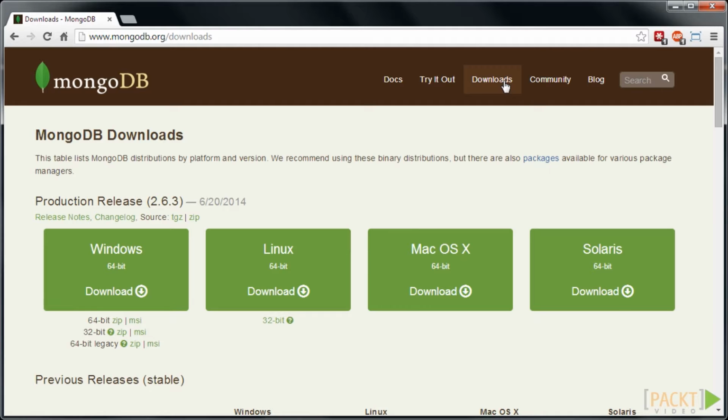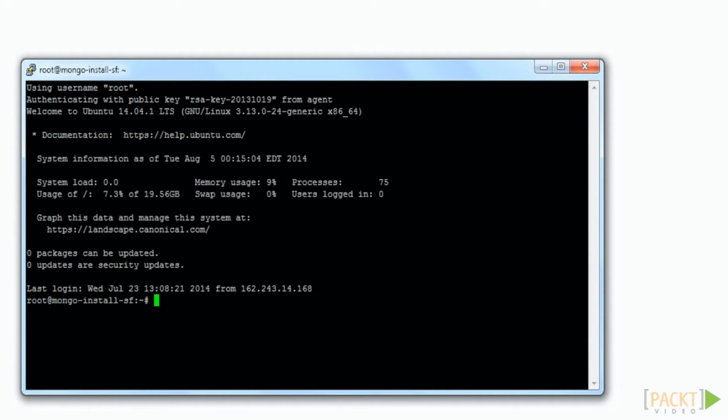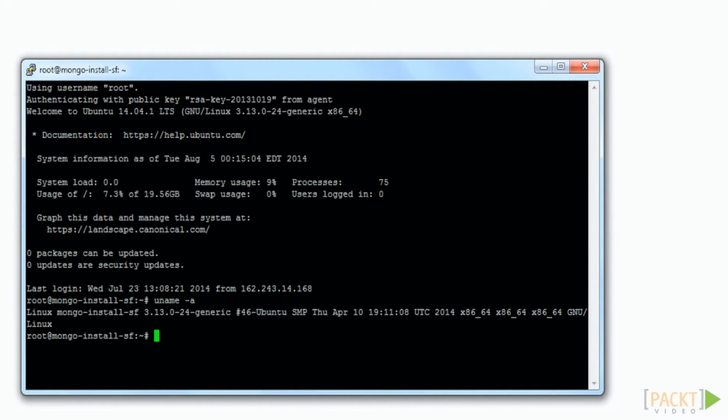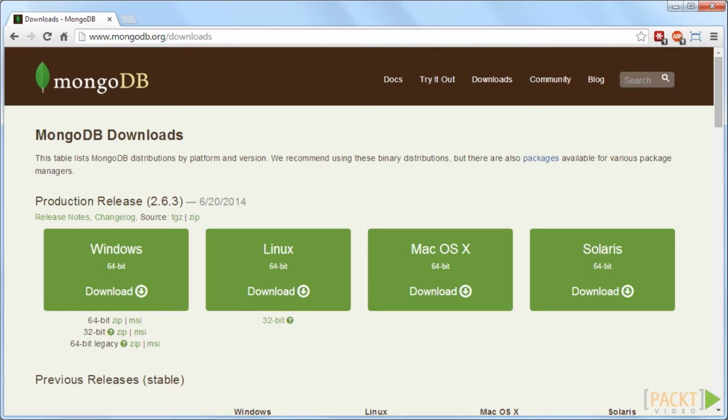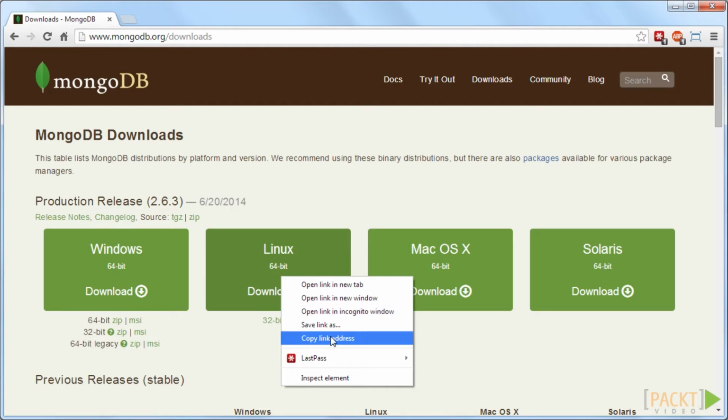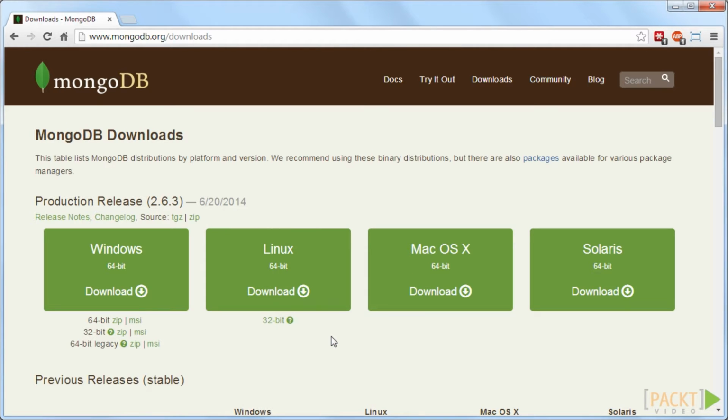It's easy to find out whether you have a 32 or 64-bit operating system installed. On Linux, the uname command with the -a argument will output how many bits your operating system is. You can see here that we're running on a 64-bit operating system. Back on the MongoDB website, we can now identify the correct download link. We'll right-click and choose Copy Link Address to get it on the clipboard so we can download in just a